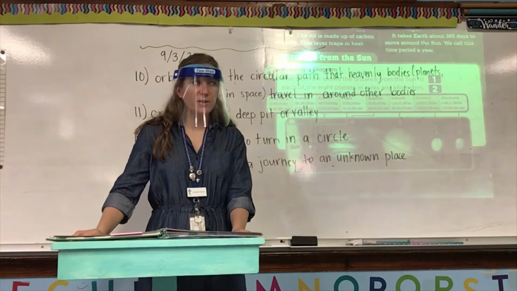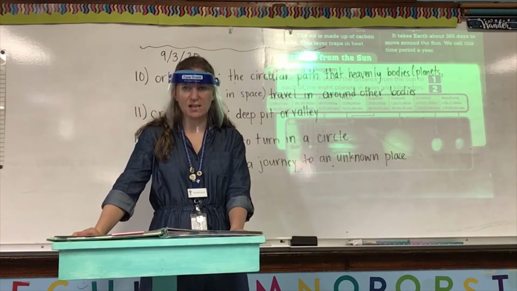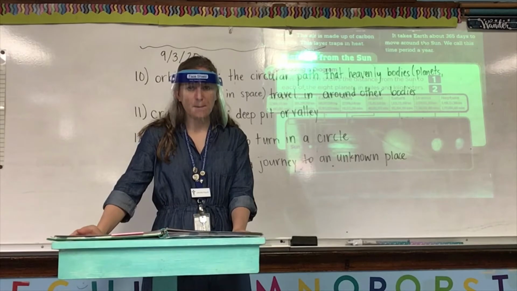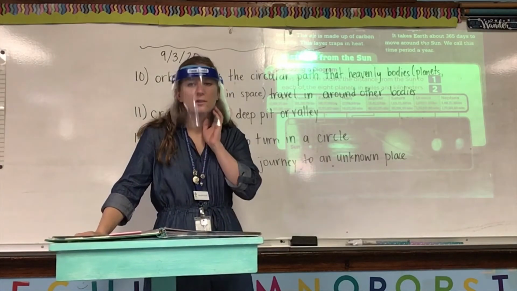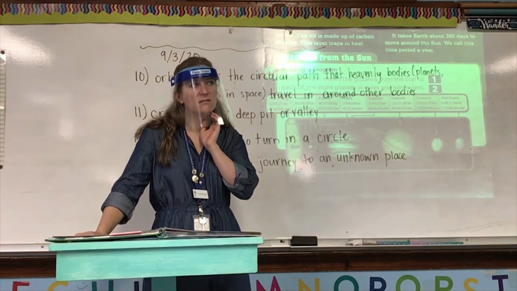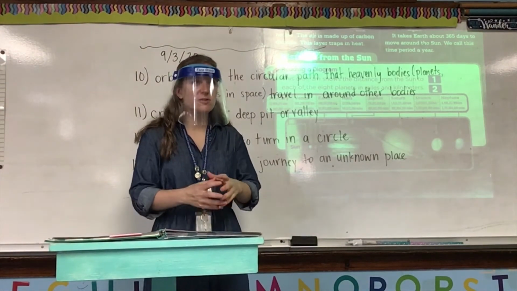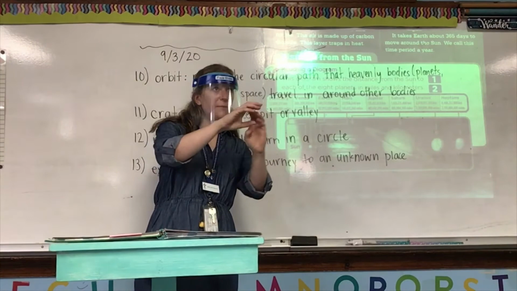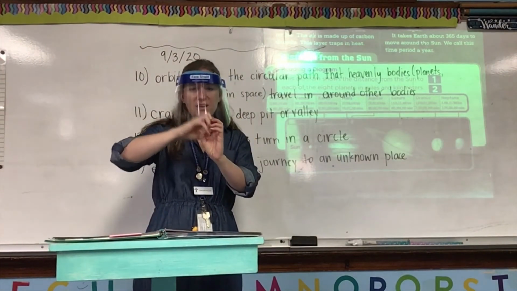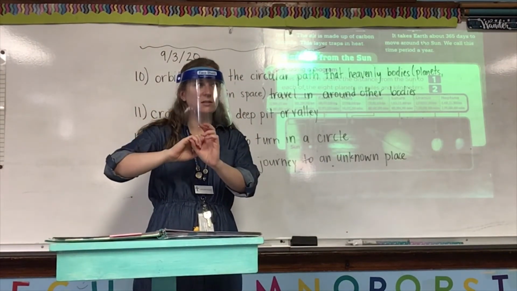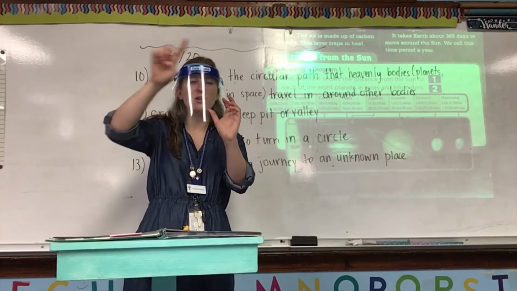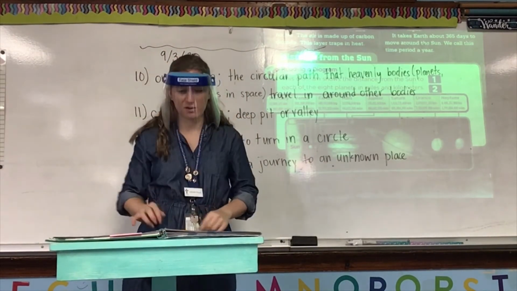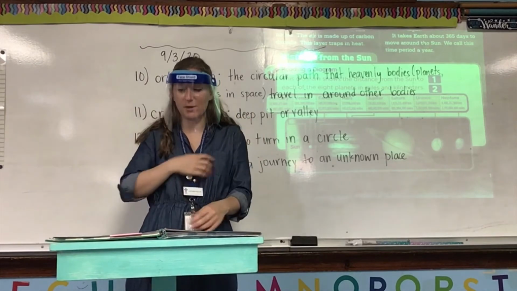So, if Mercury is about 1/3 the size of Earth, is Mercury bigger or smaller than Earth? Victoria? Smaller. It's as if you took one Mercury and put it inside Earth, and you could fit 2 more Mercuries inside Earth, because you have 1 out of the 3, but you could fit 3 Mercuries inside Earth. So that means Mercury has to be smaller.